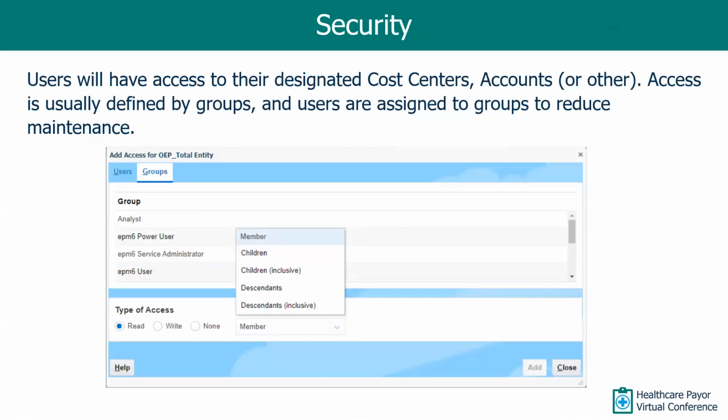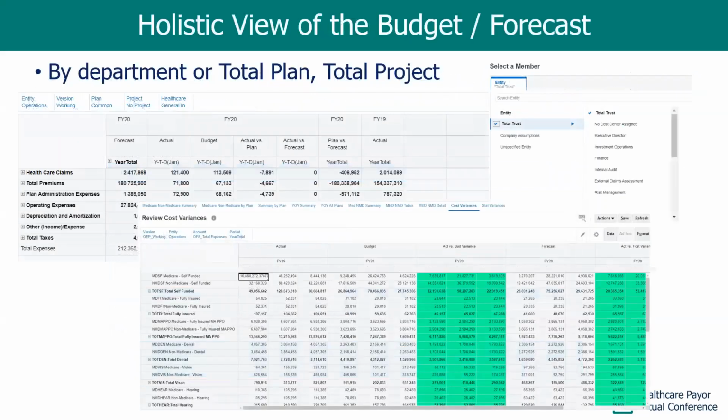Users are only going to see what they have access to. So the cost centers, the accounts, the departments, we can assign granular security so that folks only see the data that they have access to. What's great about the EPM Cloud is that as users update their plans and their forecasts, those results are calculated. We immediately can, at any different level, see at a total plan level, at a total project level, all of those costs and all of our net income related balance sheet cash flow activities. We can see all of that aggregated together. And again, we can use the points of view to drill down and see